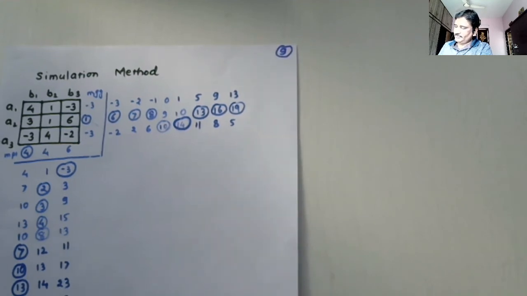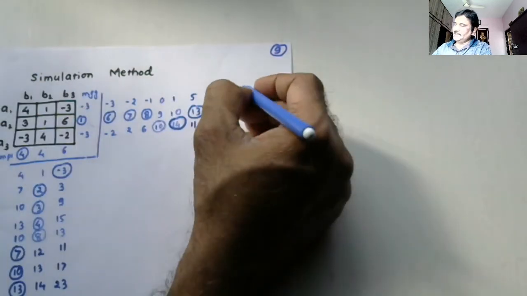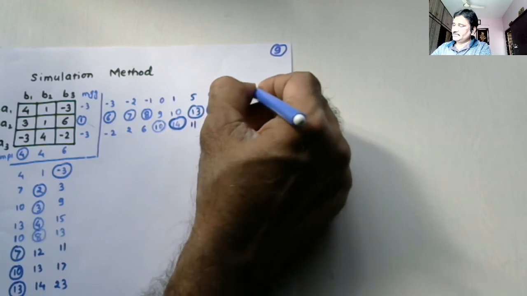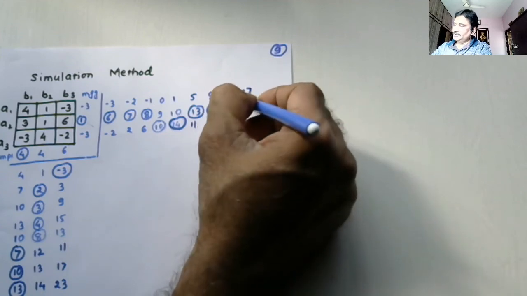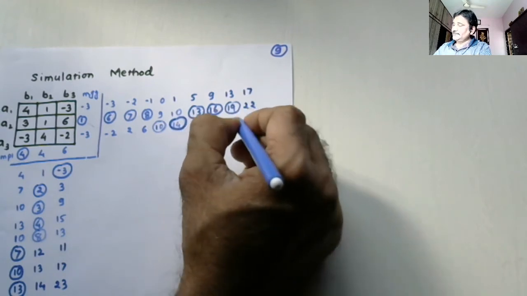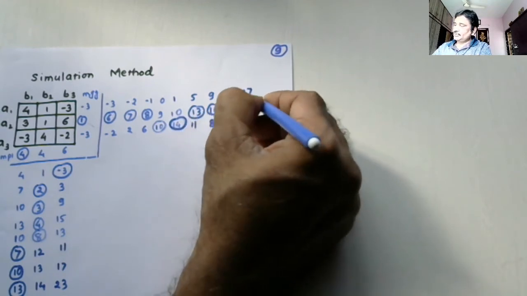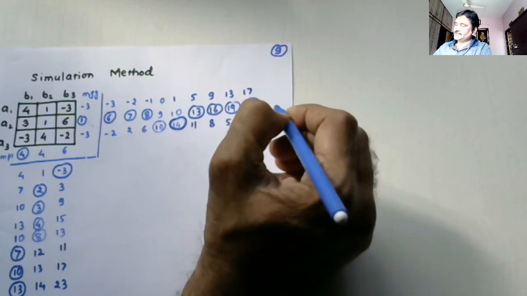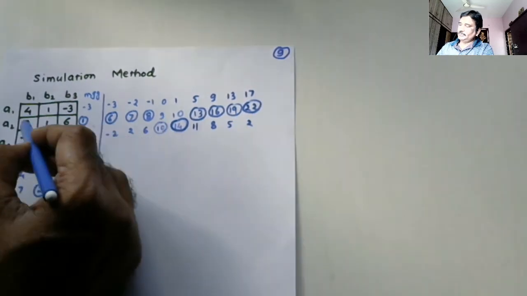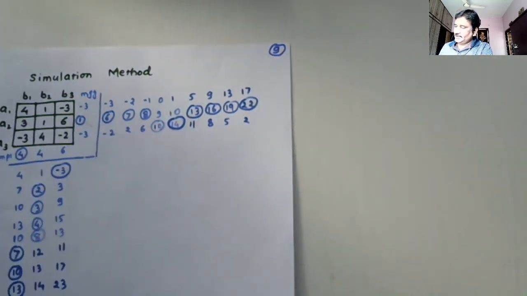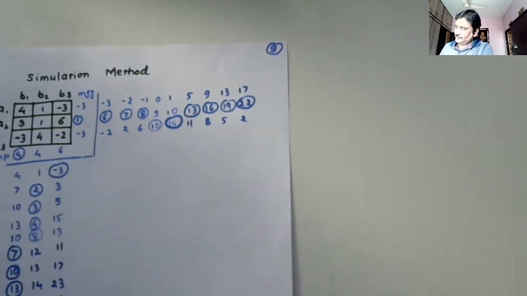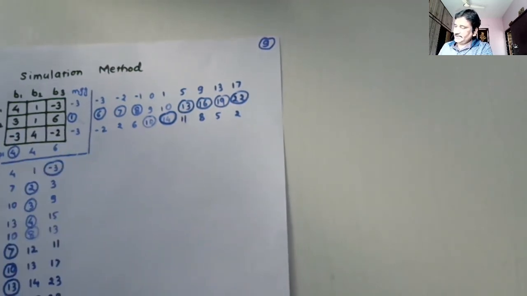So this is still minimum. These values are again getting added here. 13 plus 4 is 17, 19 plus 3 is 22, and 5 minus 3 is 2. 22 still continues to be maximum, and these values will be added here. Player A will be selecting to play A2, and the values getting added are 19.